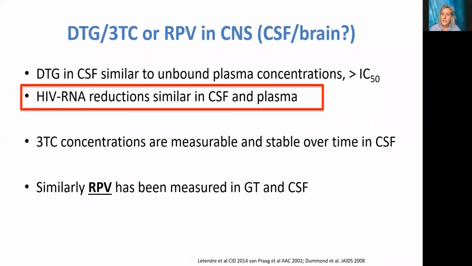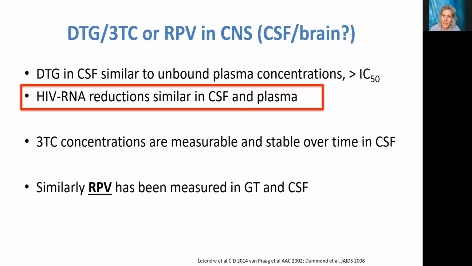So what about the central nervous system? We know that dolutegravir concentrations are measurable in the CSF. We know very little about the brain, but we also know that the HIV RNA reductions in the CSF are similar to those observed in plasma. And this is really important because drug concentrations are very difficult to measure and to interpret in sanctuary sites. However, if we have good pharmacodynamic results on what happens to the viral load, we can interpret what happens in